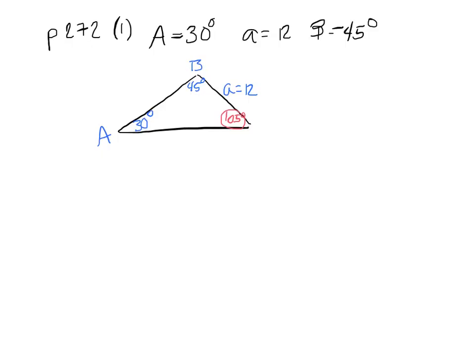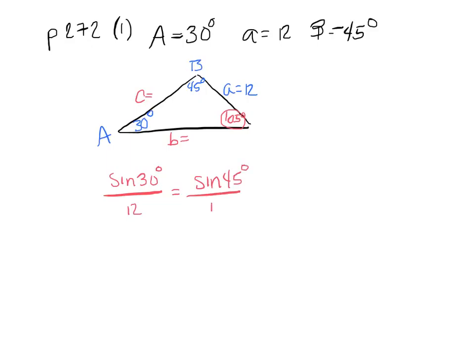So 105 right there in that little acute angle, and 45 up there in the obtuse. So we're doing good. And then we can start using law of sines. We need to find side B and we need to find side C. So we just start setting up sine of 30 degrees over 12 equals, let's go for B, sine of 45